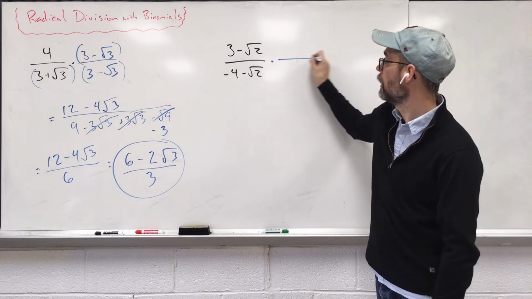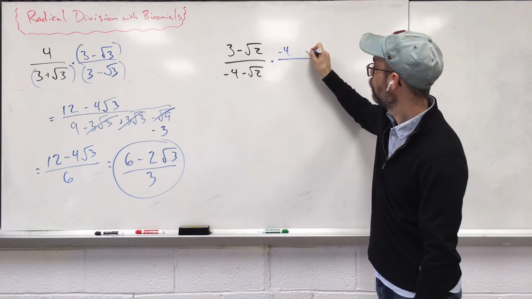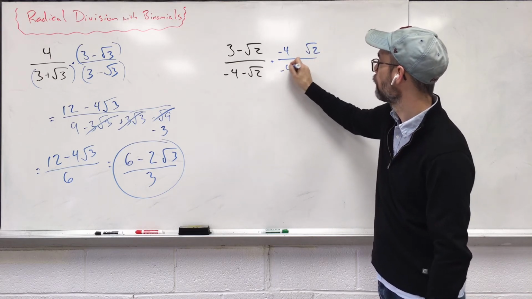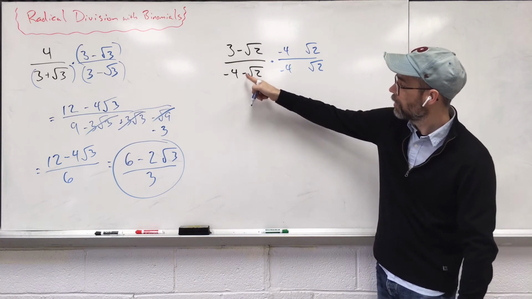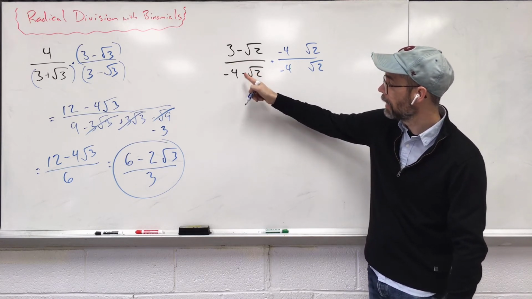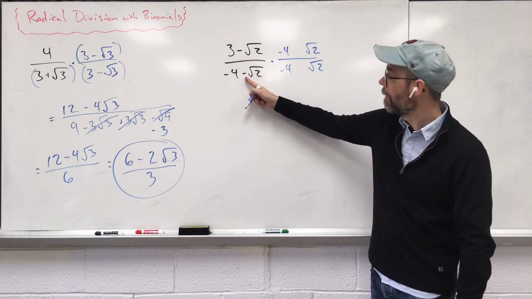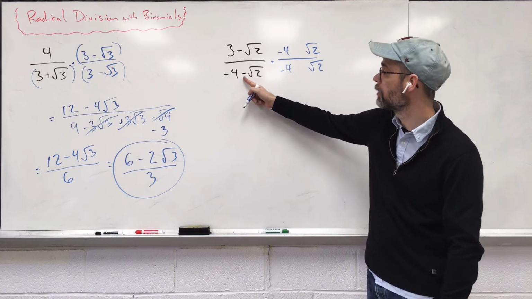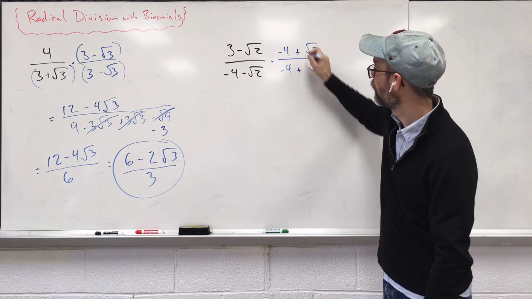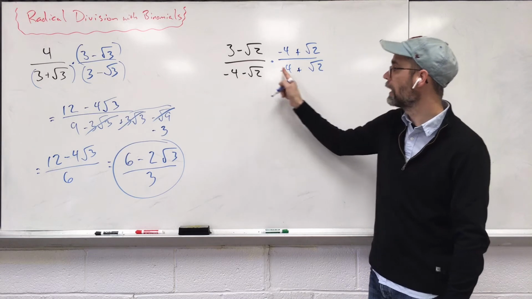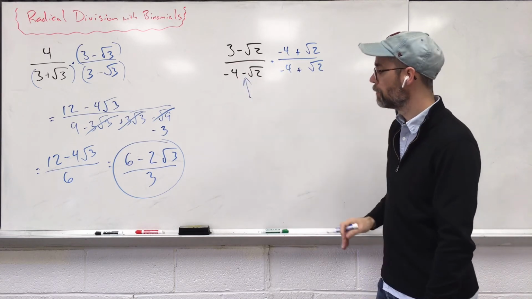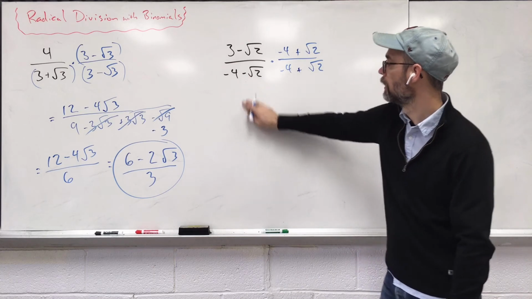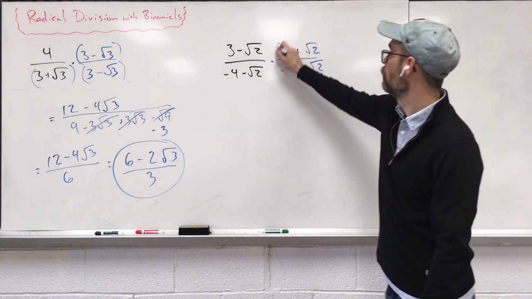So my conjugate, I'm going to have negative 4 radical 2. I only want to change my denominator center operation. This sign in the middle, it says a minus, turns to a plus. Notice that this negative in front did not change. It's only that middle sign. Okay, now we need to